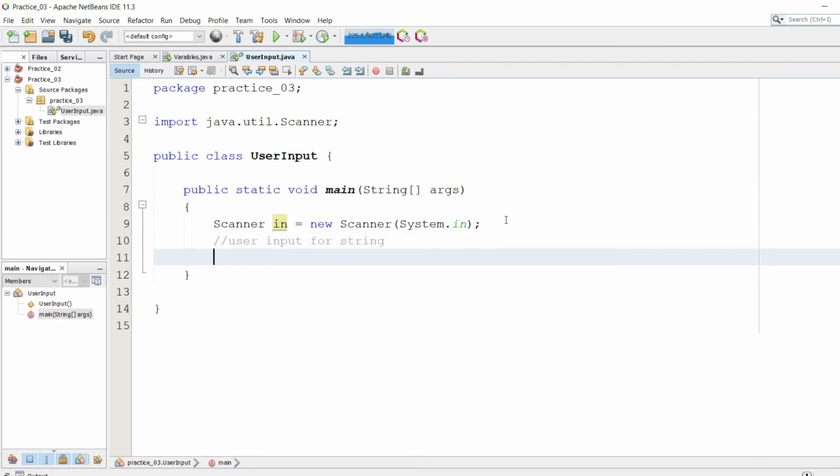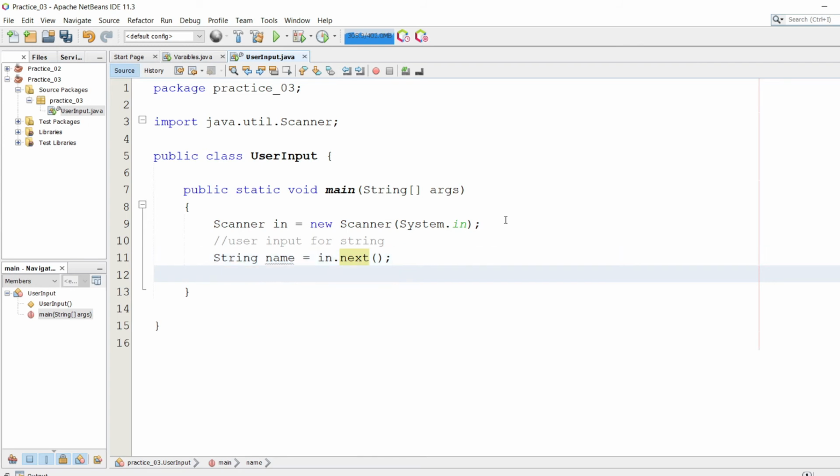For string, in order to take the user input as a string, I'm going to make one variable of type String as name, equals in.next. Now if the user gives the input, it simply stores in the name variable, and the type of the name variable is string. So let's print this value we get.